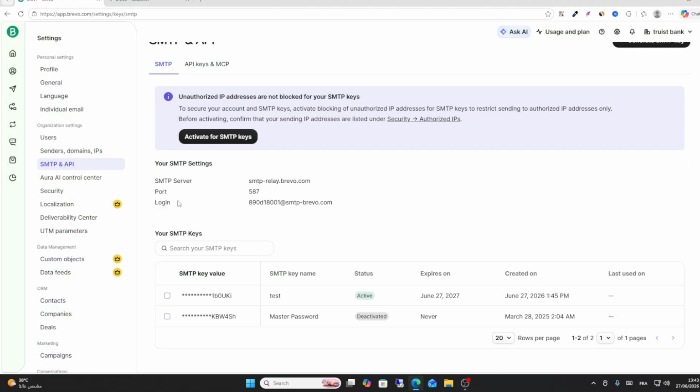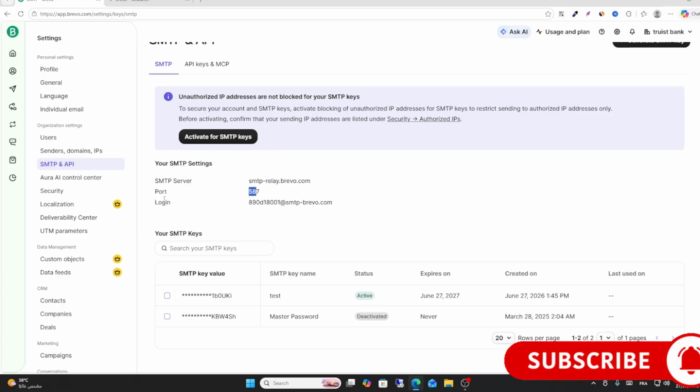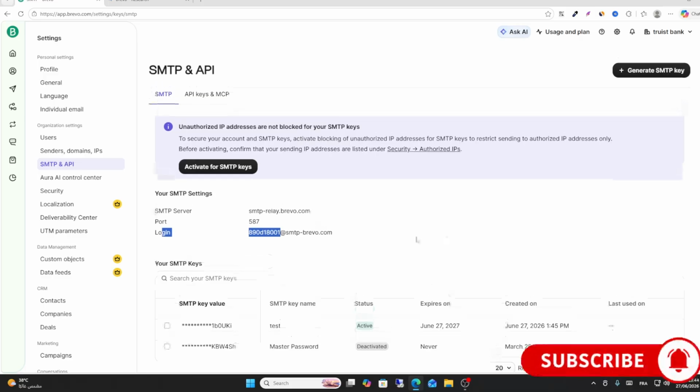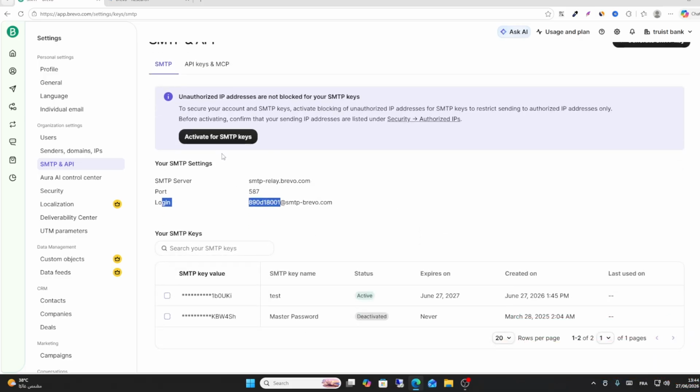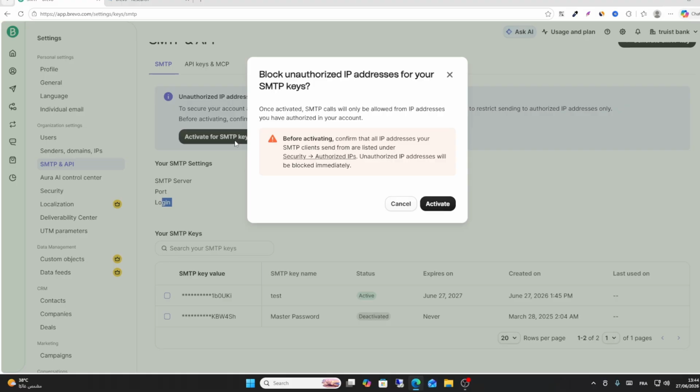Log in to your SMTP, such as your SMTP server. As you can see, this is for the SMTP server. Your port here, 587. This is the port, and this is the login. You can log in directly to your SMTP, and then you can activate the SMTP key, this one, and then click